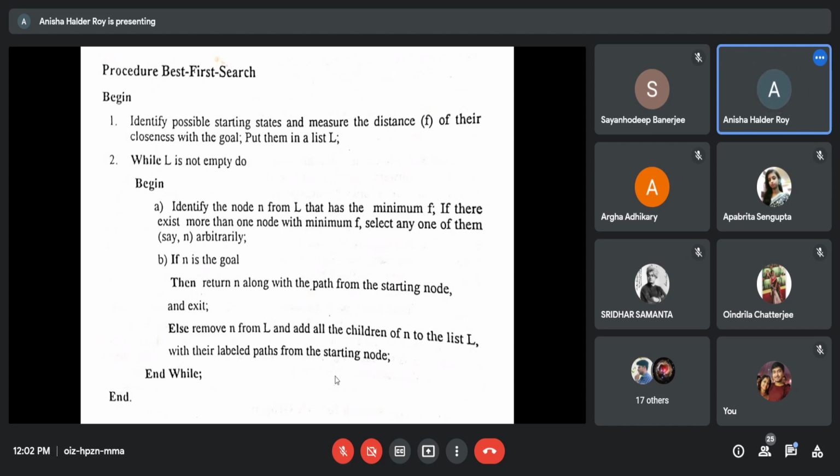Identify the node N from L that has the minimum of F, which has the minimum distance, minimum cost, minimum heuristic. If there exists more than one node with minimum F, select any of them.